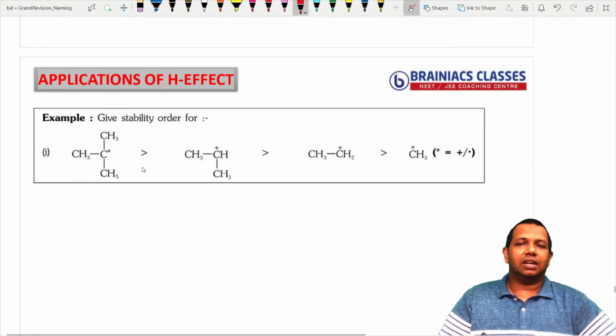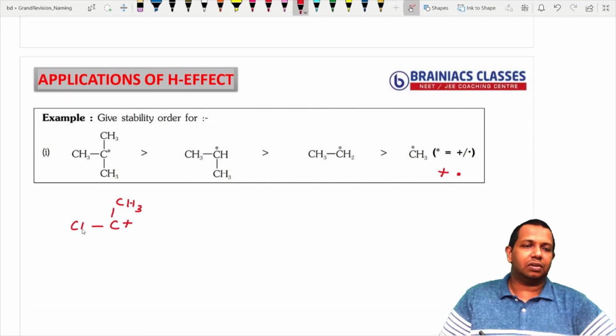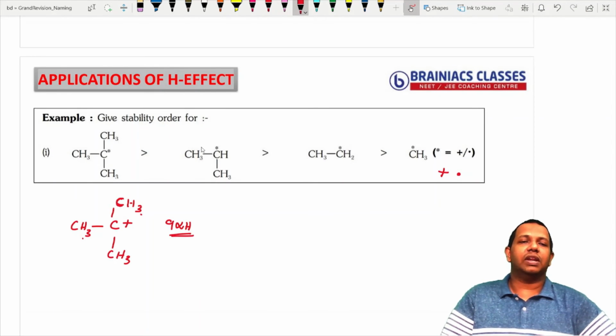You can see here a carbon with a star given. This star can be either a positive charge or a free electron, both. Suppose it is a positive charge, then I can say this is a carbocation. Now I can say this carbocation is stable. Why? Because near to this carbon there is a carbon that has C-H sigma bonds. 3 hydrogen atoms are there, here also 3 hydrogen atoms. So this is stable by 9 alpha hydrogens. And when I look at this one, how many alpha hydrogens are there?